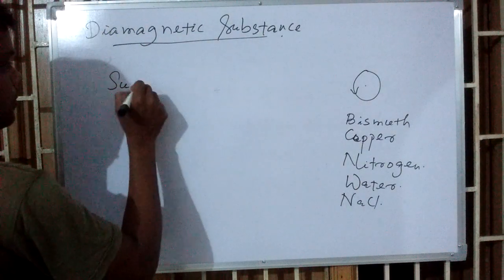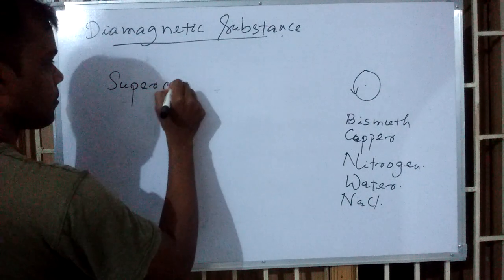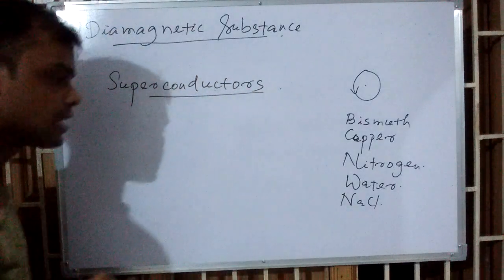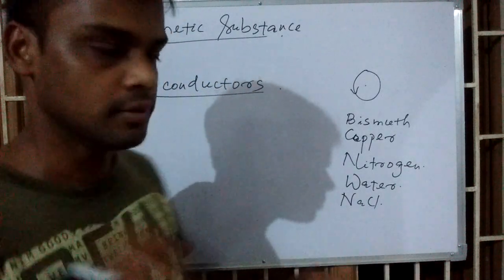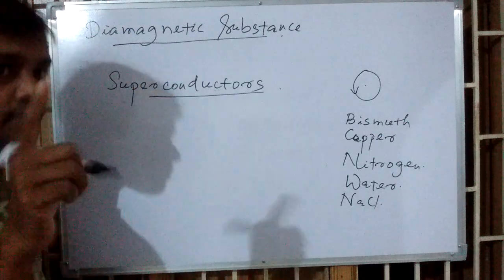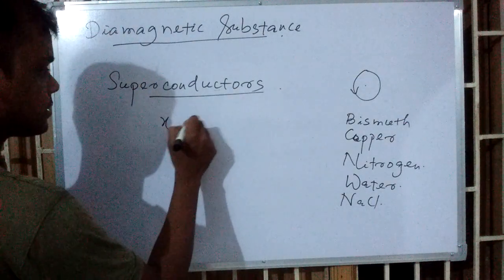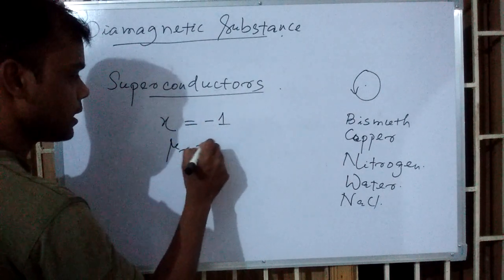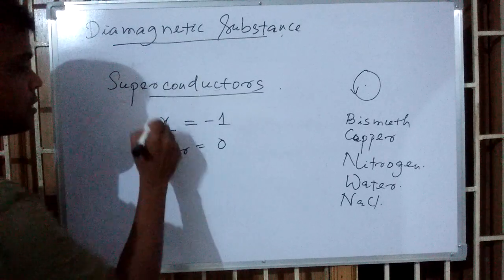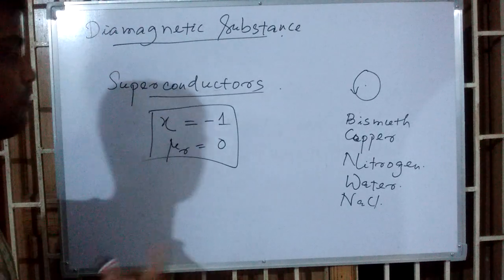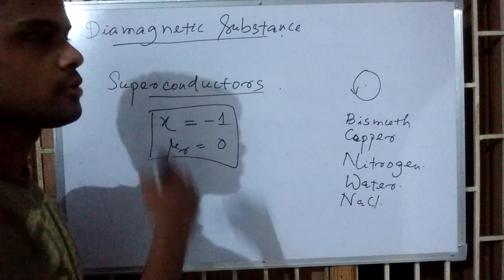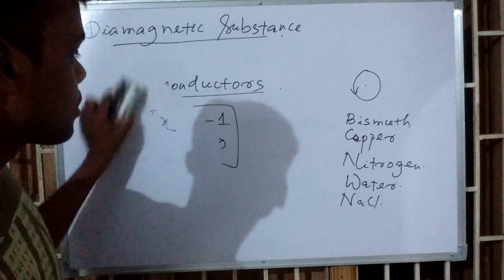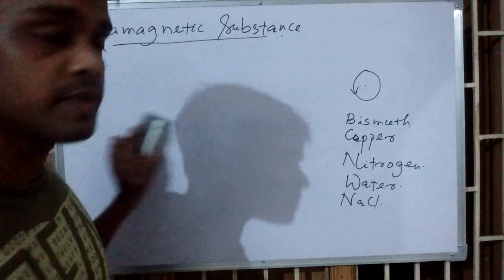Superconductors. These are the best diamagnetic substances available. That means they have the ideal values, that is, chi is equal to -1 or mu r is equal to 0. This is the typical magnetic property of superconductors. Then the question is, what is a superconductor? First of all, one thing you must remember about superconductors: